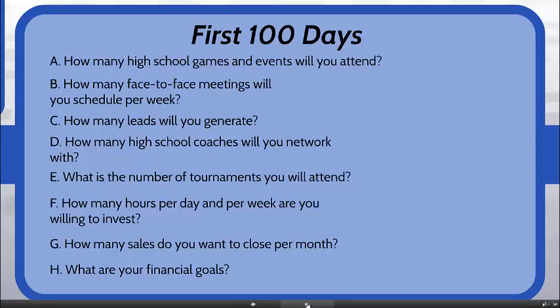E, what is the number of tournaments you will attend? F, how many hours per day, per week are you willing to invest? G, how many sales do you want to close per month? H, what are your financial goals? So this is an example of some of the things you could do in your first 100 days as a